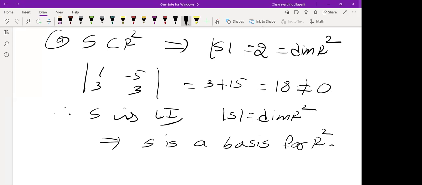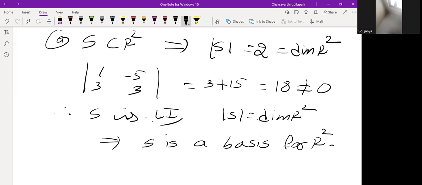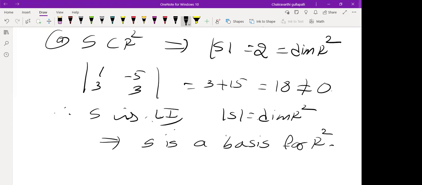Otherwise, if you don't have this theorem, we have to check spanning also. Spanning check cheyadam chala kashtam. L of S equal to V అని చేయాలంటే V లో ఉన్న ప్రతి వెక్టర్ కాంబినేషన్ ఆఫ్ S అవుతుందా లేదా చెక్ చేయాలి. అది మనం చేసాం ఇంతకు ముందర. Is every vector of V in the spanning set of S or not? Belongs to L of S or not? We have to check. That is difficult. Instead, it is easy to check independence. ఇది ఇండిపెండెంట్ అయ్యి నెంబర్ ఆఫ్ వెక్టర్స్ ఈక్వల్ డైమెన్షన్ అయితే ఆటోమేటిక్‌గా బేసిస్ అవుతుంది. వెరీ ఇంపార్టెంట్. నెక్స్ట్,